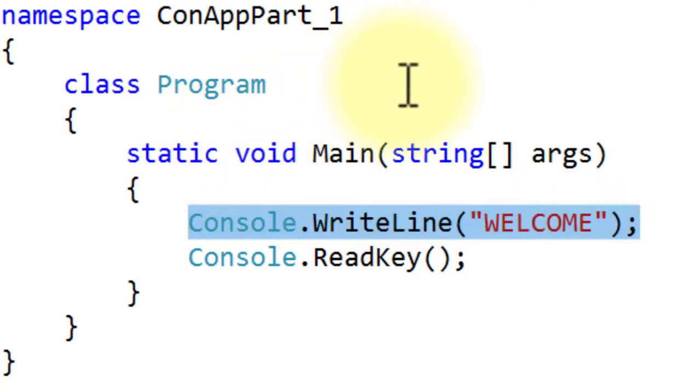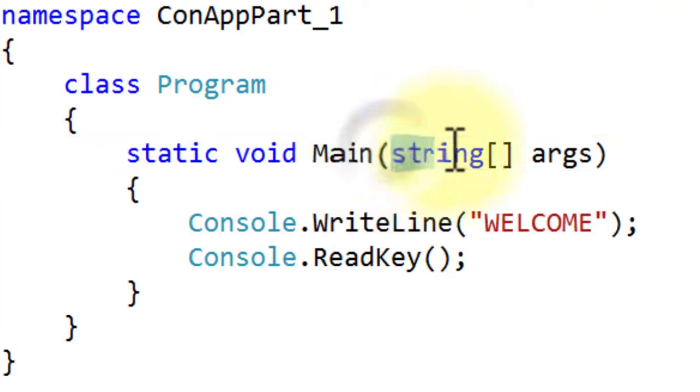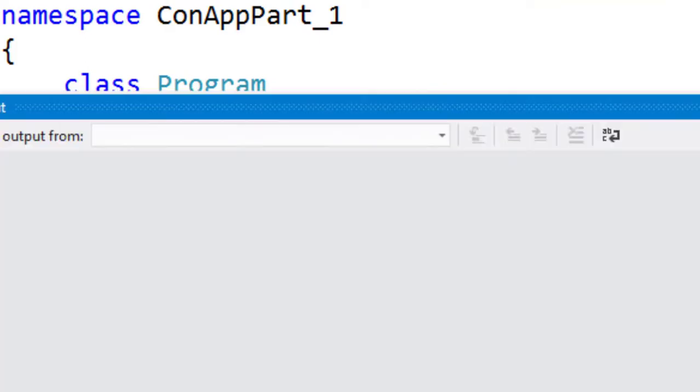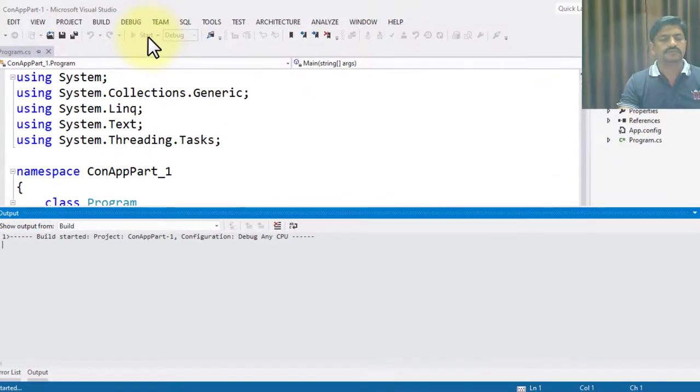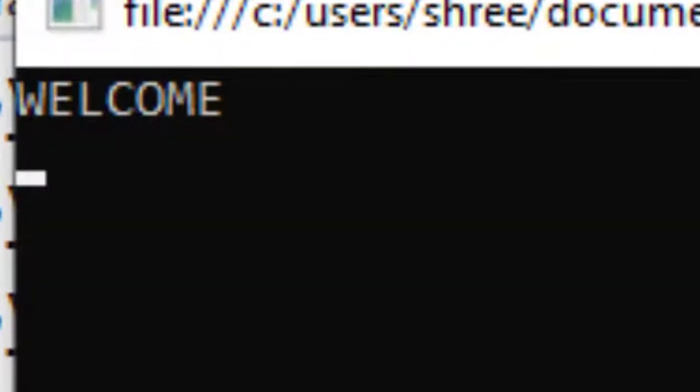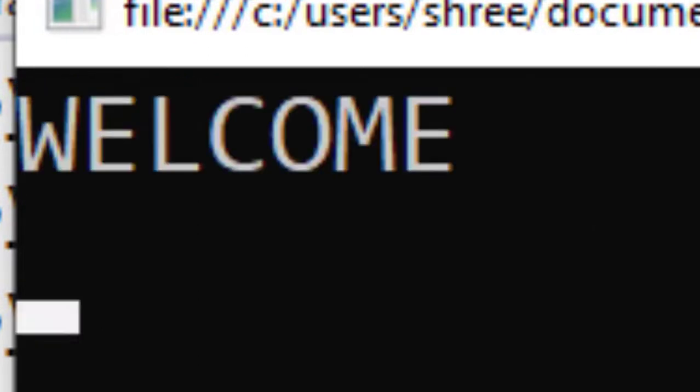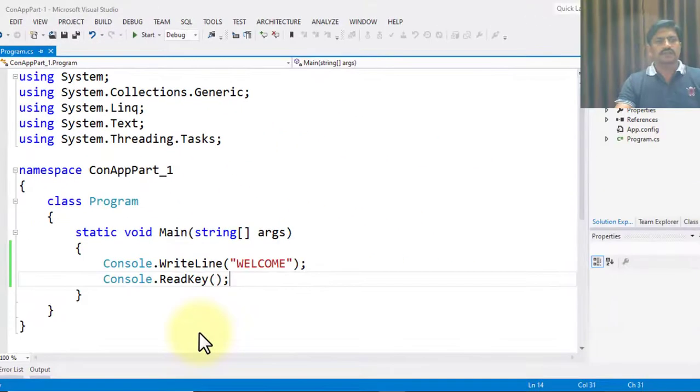It means the Main method does not return any value to the calling process, and it has by default this argument, that is args of type array of string. Okay, so let's see the output of this program. It will display the welcome message. Simple console based application. Understood?